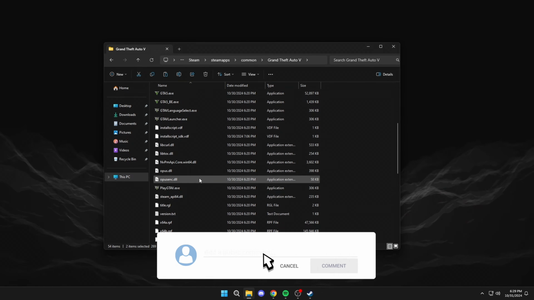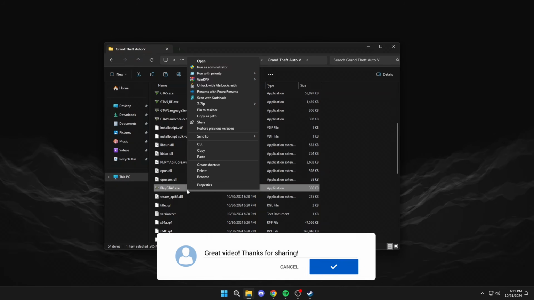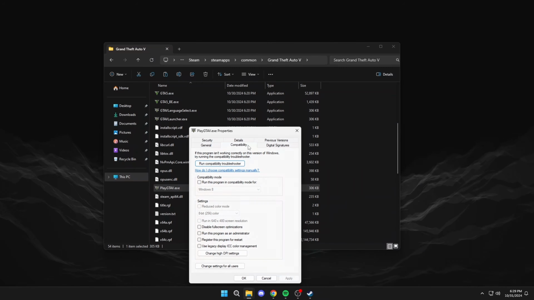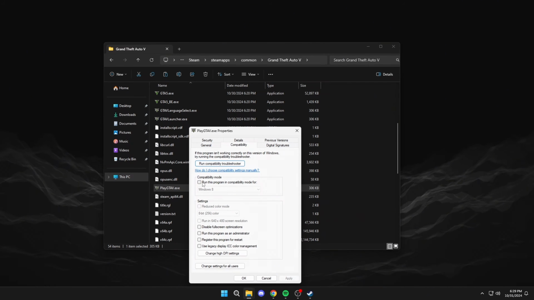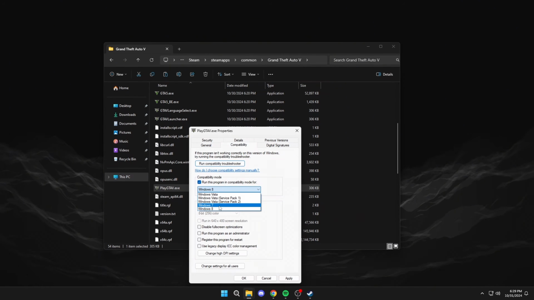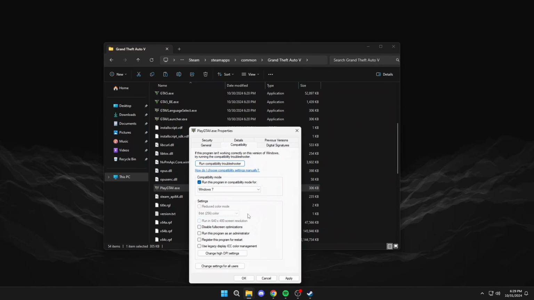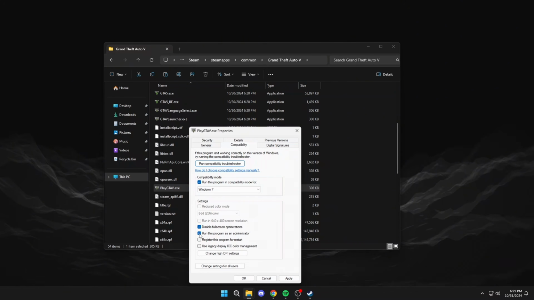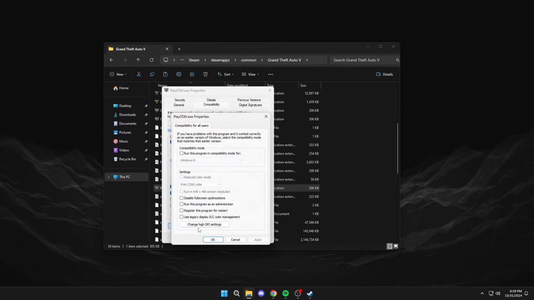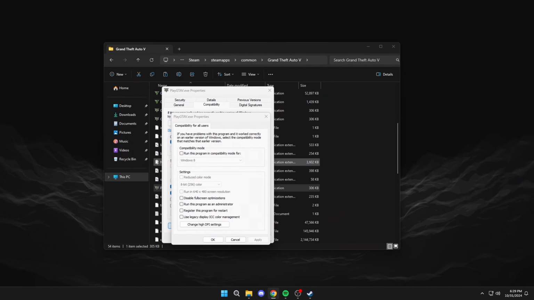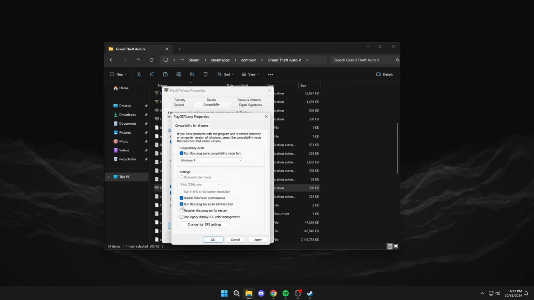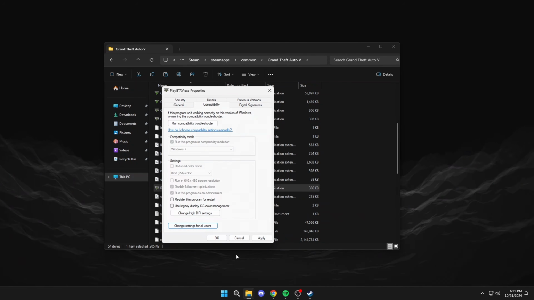Once here, right-click, Properties, Compatibility. Click here and select Windows 7. Then activate these two checkboxes. Then click on Change Settings for all users and do the same. Apply. OK, and then